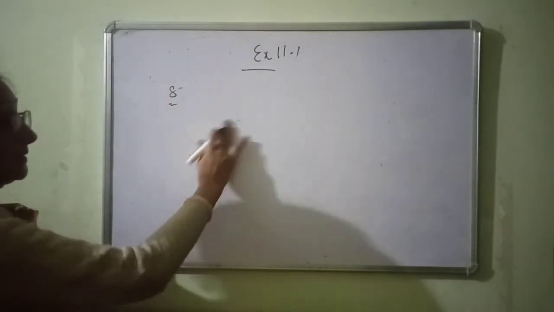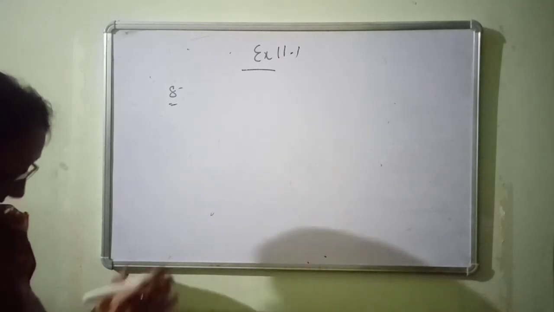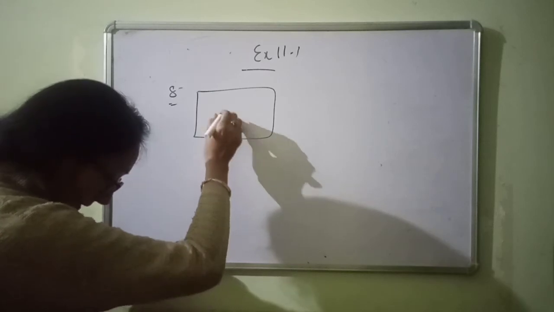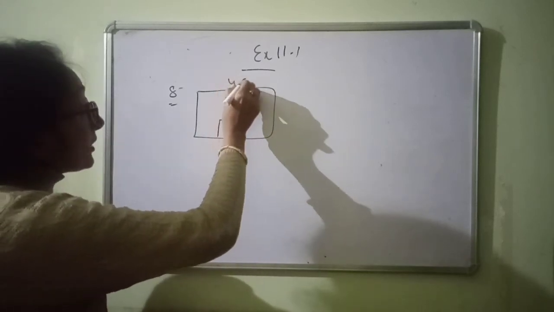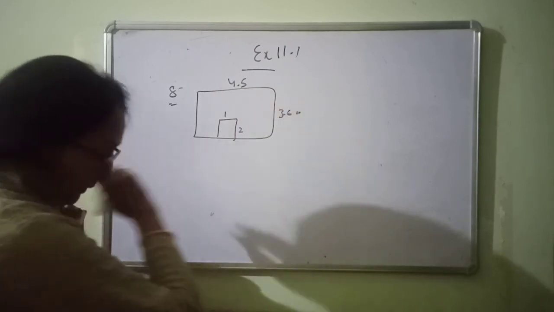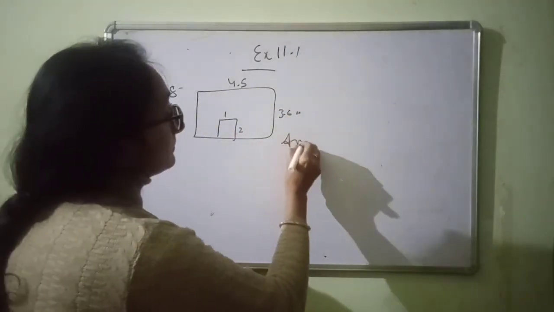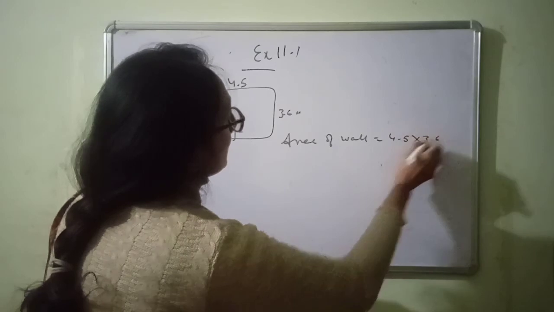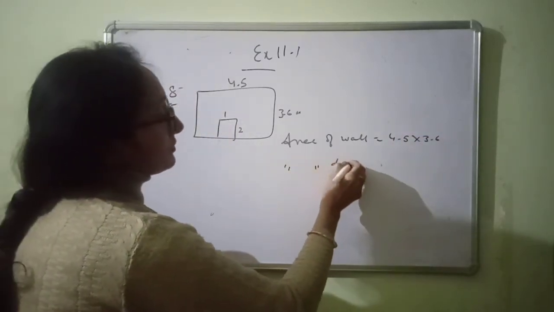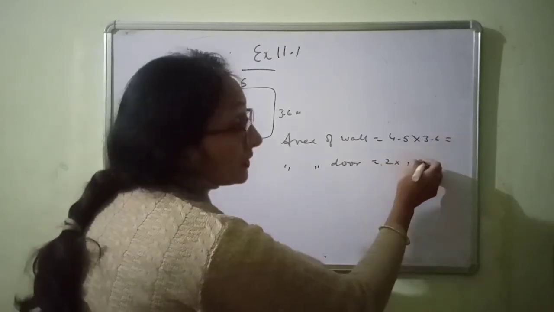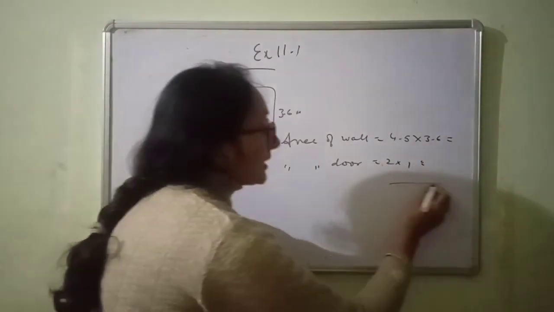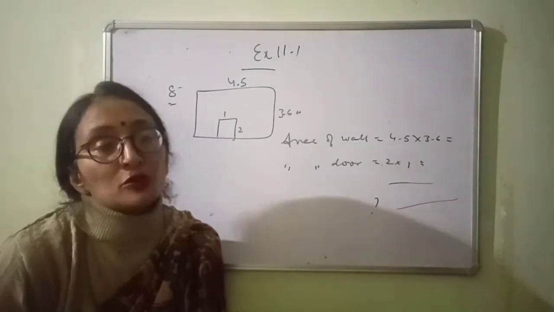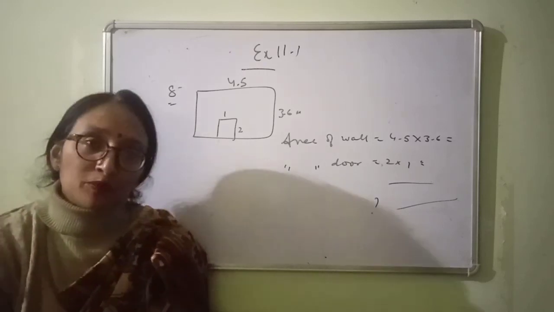Last question of this exercise is, there is a wall and there is a door on the wall, and we have to find the area on which we have to do whitewash. So son, we do not have to whitewash the door. This is 2 by 1 and this is 4.5 and 3.6 meter. So we will find the area of wall, 4.5 into 3.6, and then we will find the area of door, which is 2 into 1. Solve them and then subtract. Whatever answer comes, you have to find the cost. Cost is given 20 rupees per meter square. So the answer that comes, you have to multiply it by 20 rupees.